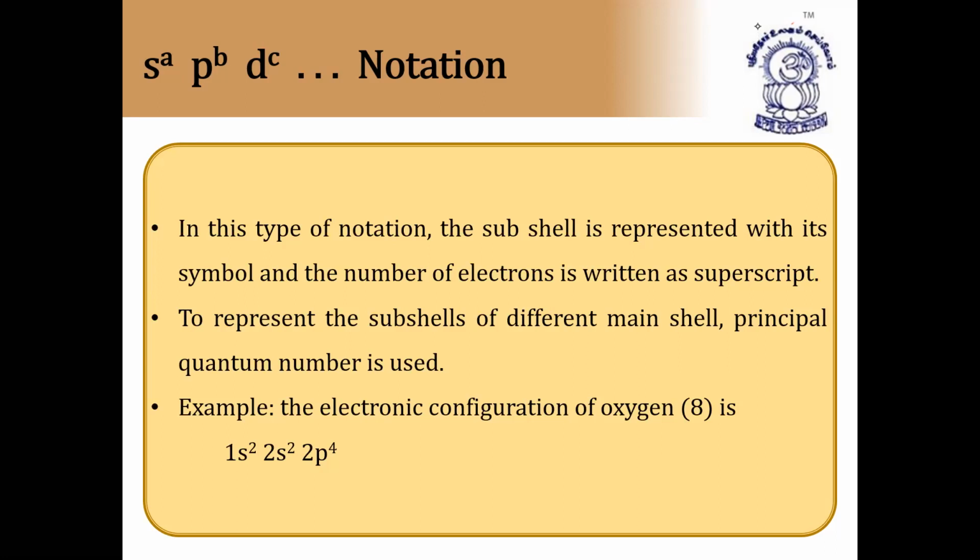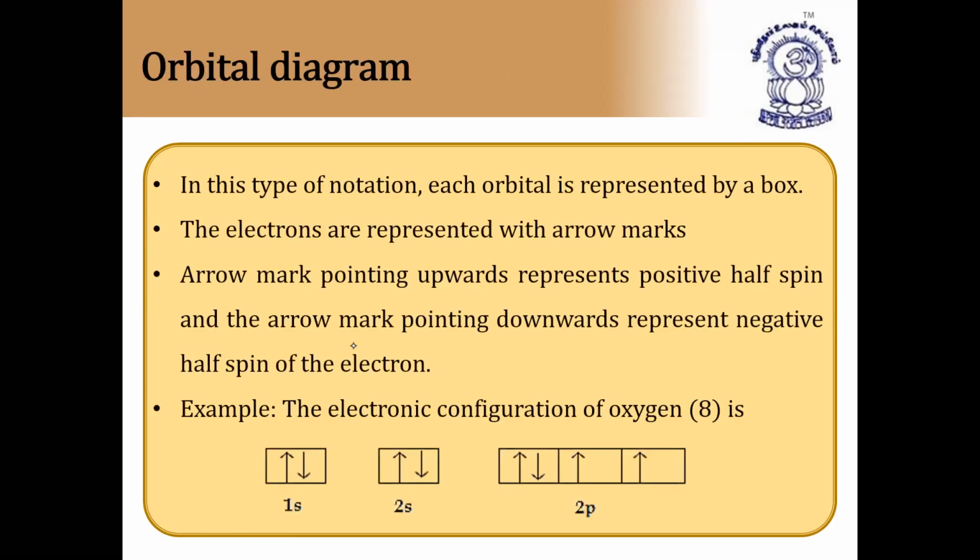I hope it is clear. So all the electron configurations are important. Whereas for the orbital diagram of the same oxygen atom, in 1s we have 2 electrons: first one up arrow, second one downward arrow. In 2s, we have 2 electrons: first one up, second one downward arrow. In 2p, we have 4 electrons, so 1, 2, 3, and afterwards pairing takes place. In this way we pair up the electrons. This is the orbital diagram for the electron configuration of the oxygen atom.